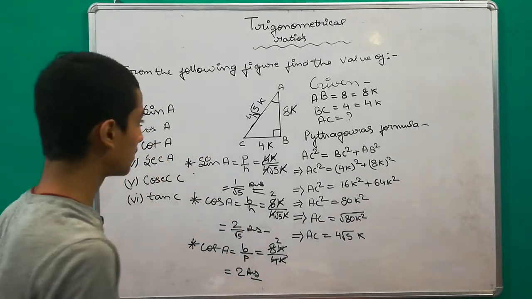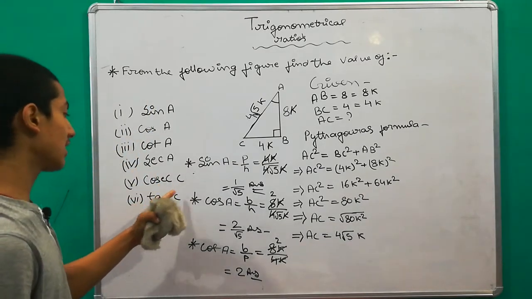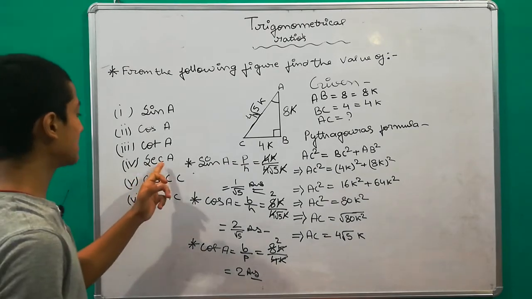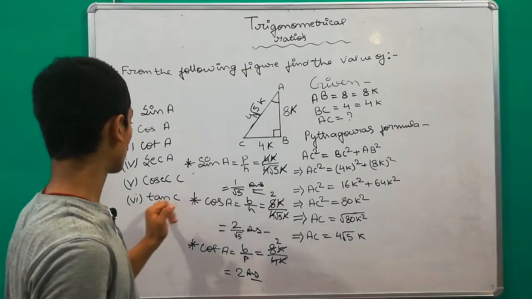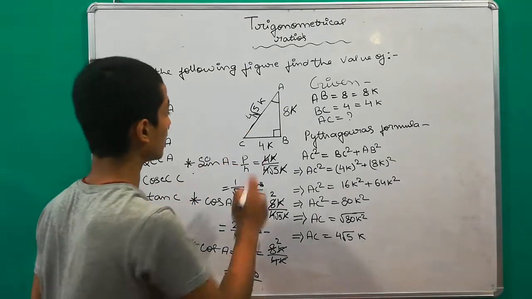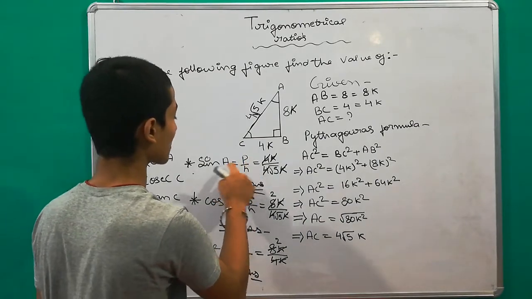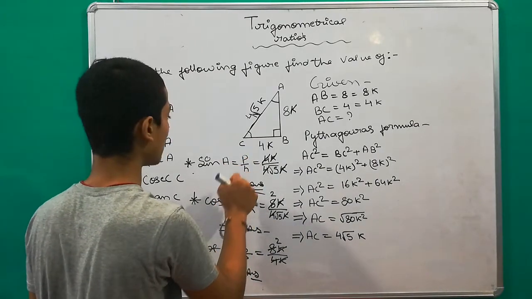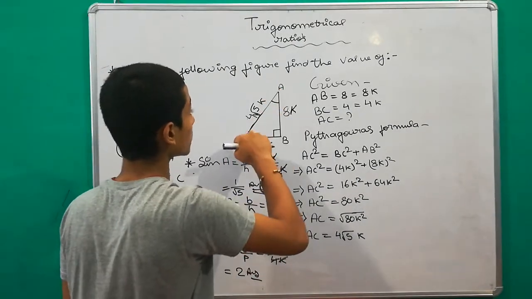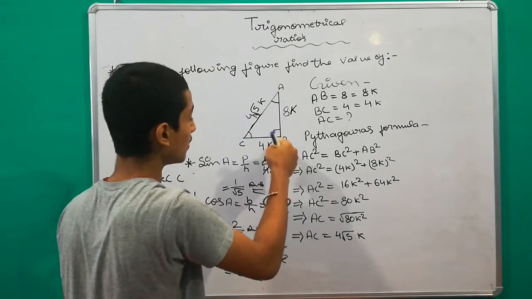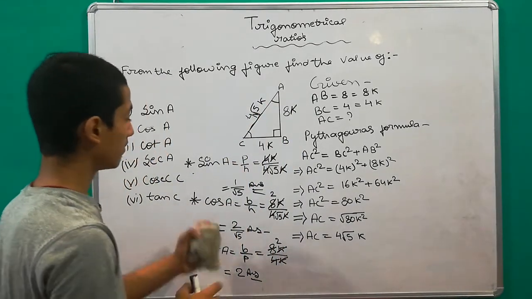Now friend, we have to find sec A, cosec A and tan A. Friend, we will find sec A by taking angle A, and sec C, cosec C by taking this angle. Cosec is, friend, the reciprocal of sine, H by P. So friend, H is this and P is, according to angle C, perpendicular is AB and hypotenuse is AC. So we will put the values of them and we will do it.